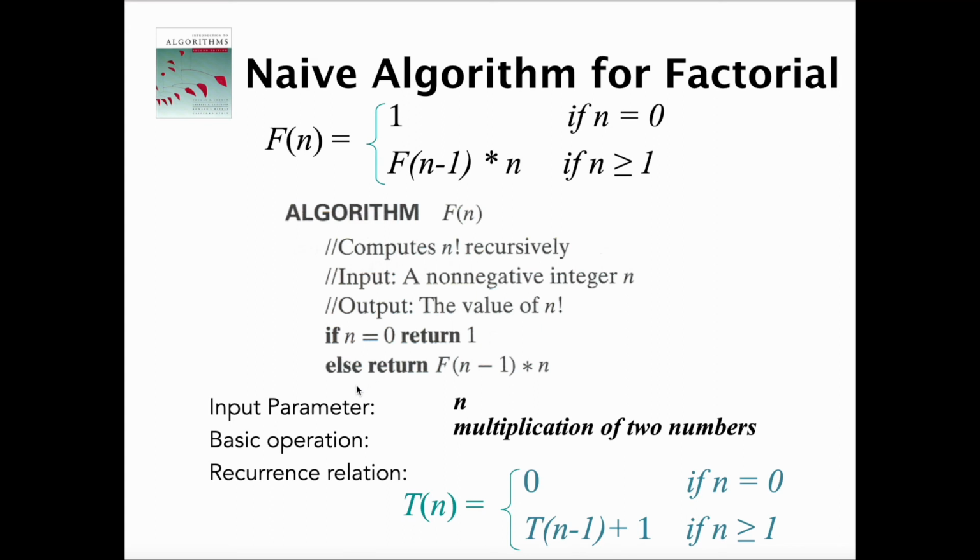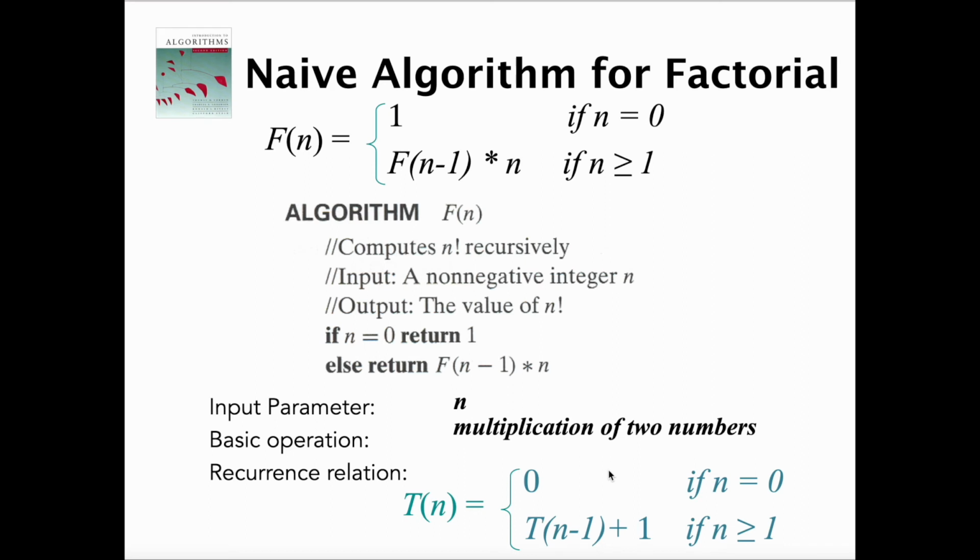Again, what's the input parameter? We have n as our input parameter, at hindi lang single, kahit na one number lang yung input. And then the basic operation here is, let's look, multiplication of two numbers. Okay? And then we have to set up a recurrence relation, and that recurrence relation is the count of basic operation, or the count of the